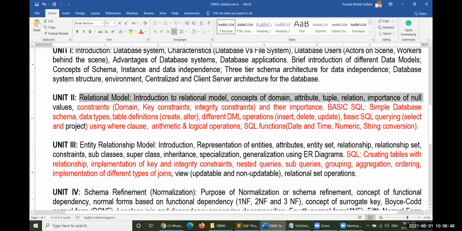Of course, relational set operations also: union, union all, intersect, and minus. However, I'd like to complete the multi-row subqueries, and tomorrow onwards we'll continue with what the relational model is, how it could be defined, and what the domain and attributes are. Everything will be taken into consideration, and we'll discuss each and every point in a very clear manner.